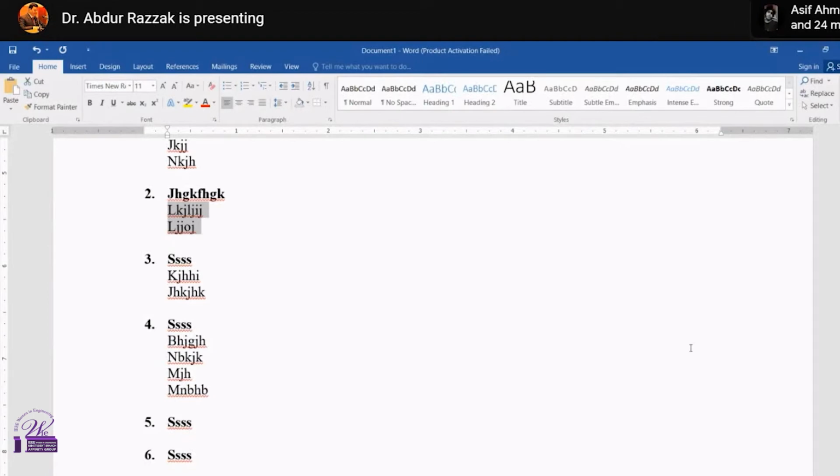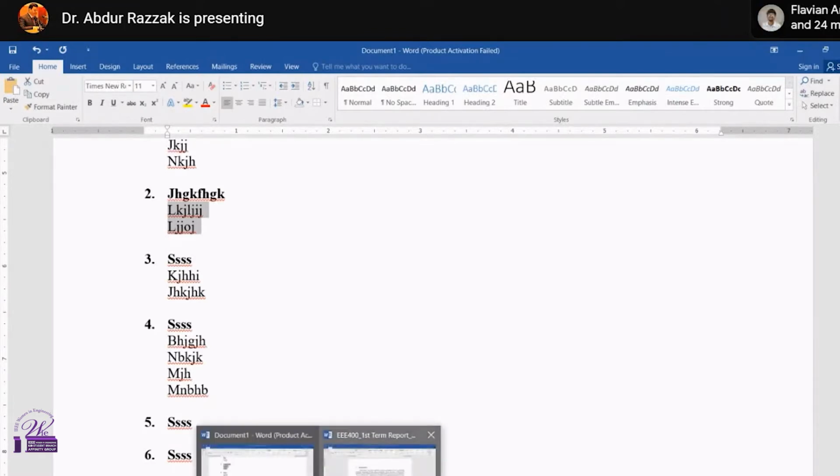Okay, if you search and paste from different places, then the format, the font size, these will be different. Okay, so let's check some other format. For example,